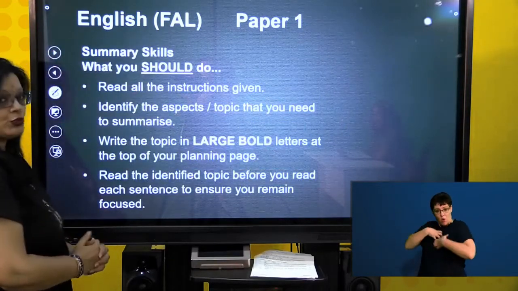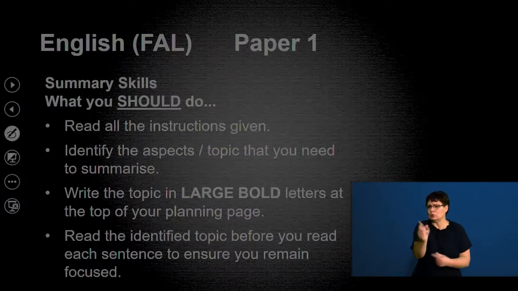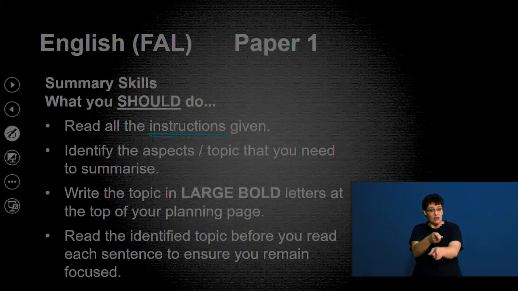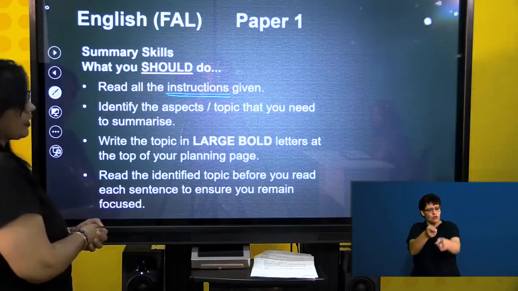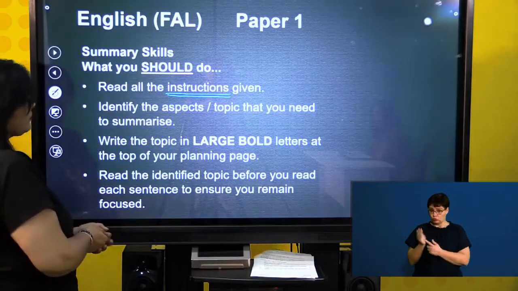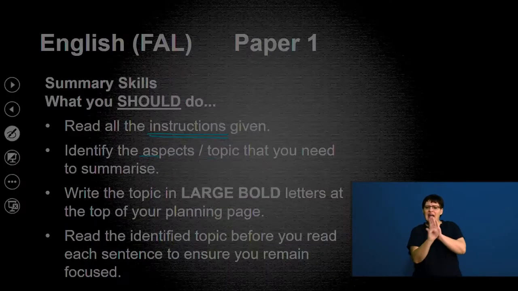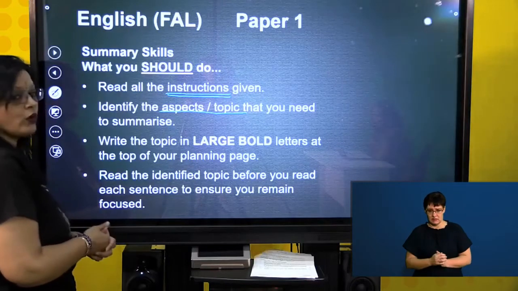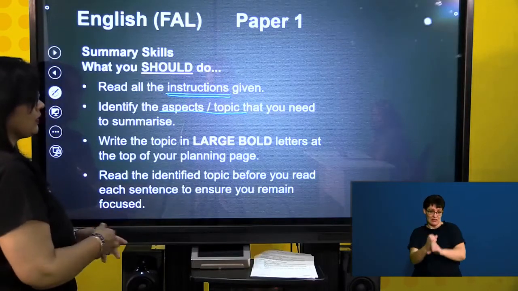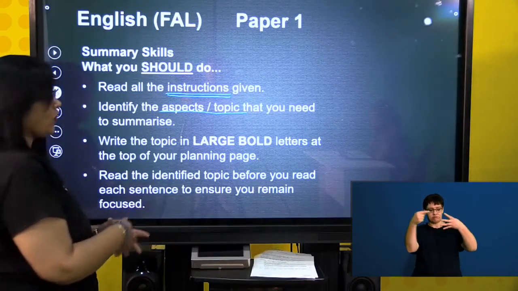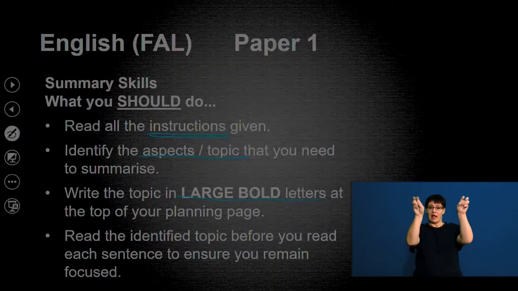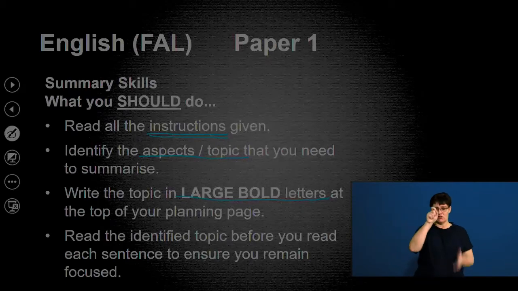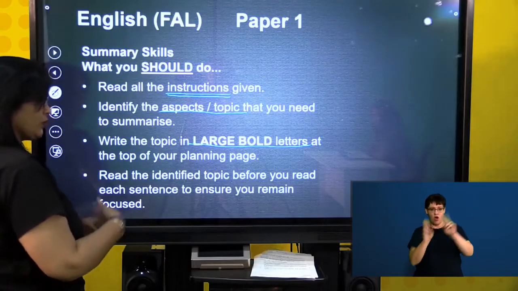So, what should you do? You should read the instructions. This is very, very important. The instructions are there, and they are available, and we will present them just now. Identify the aspects of the topic that you need to summarize. Remember, the summary is usually focused, so they will ask you to summarize points of a certain aspect. Write the topic in large, bold letters so that you keep referring back to it and you remember what you have to do,